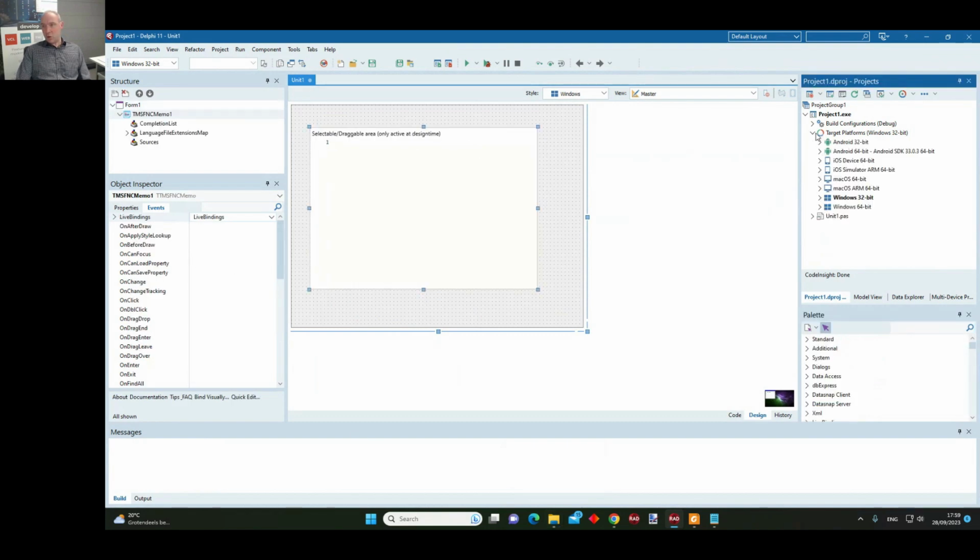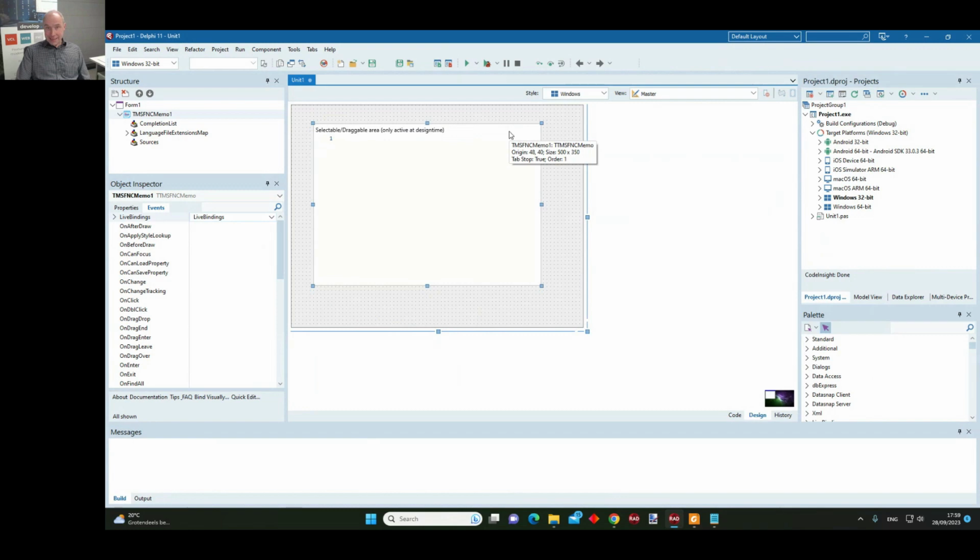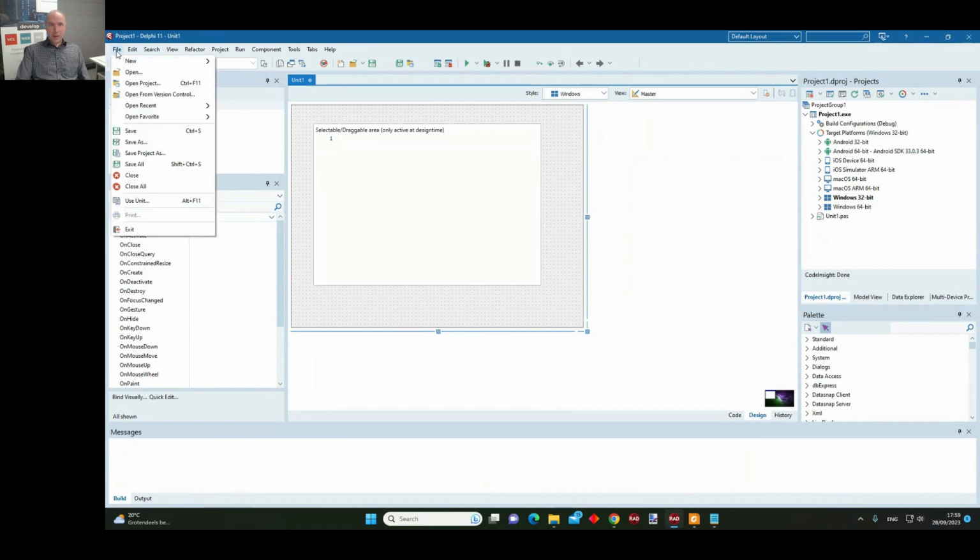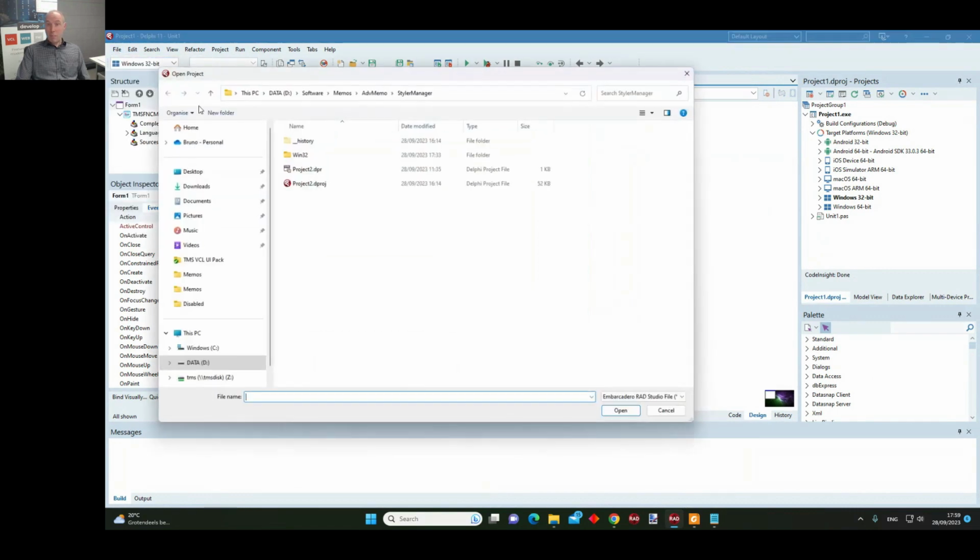So here I can choose or add all the targets that I wish, and it will just work as is in other operating system targets. So everything that I have shown for the VCL application is of course also applicable to this FireMonkey cross-platform application. But there is more.